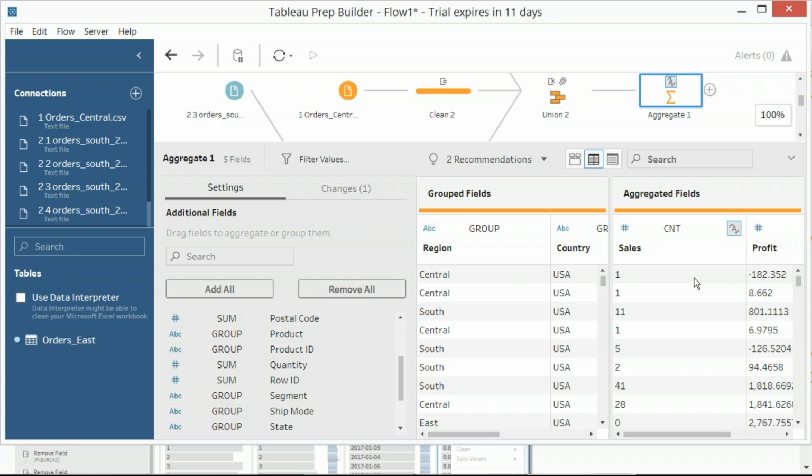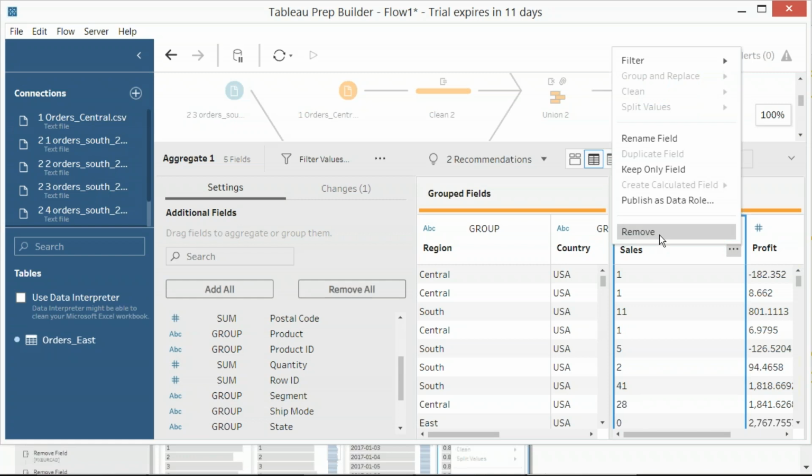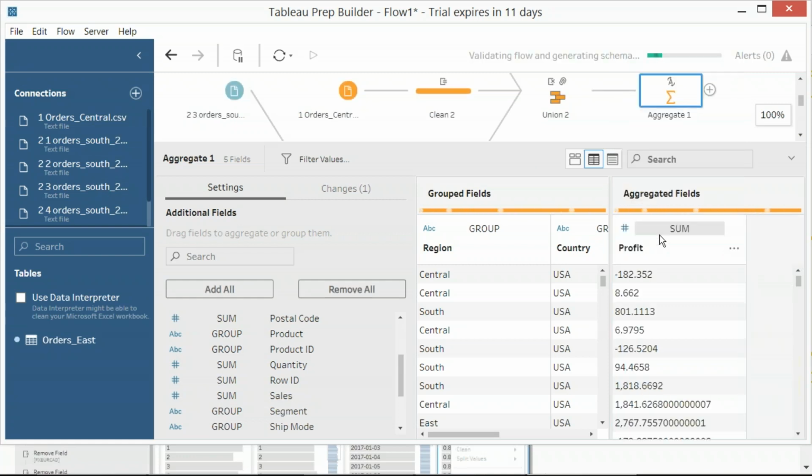Now here we go. Once we change the data type, it is still coming here. Change data type to whole number, and again still count. So good practice always to change the data type in the clean step itself. Changing the data type is the correct solution, but not here, not in aggregate.